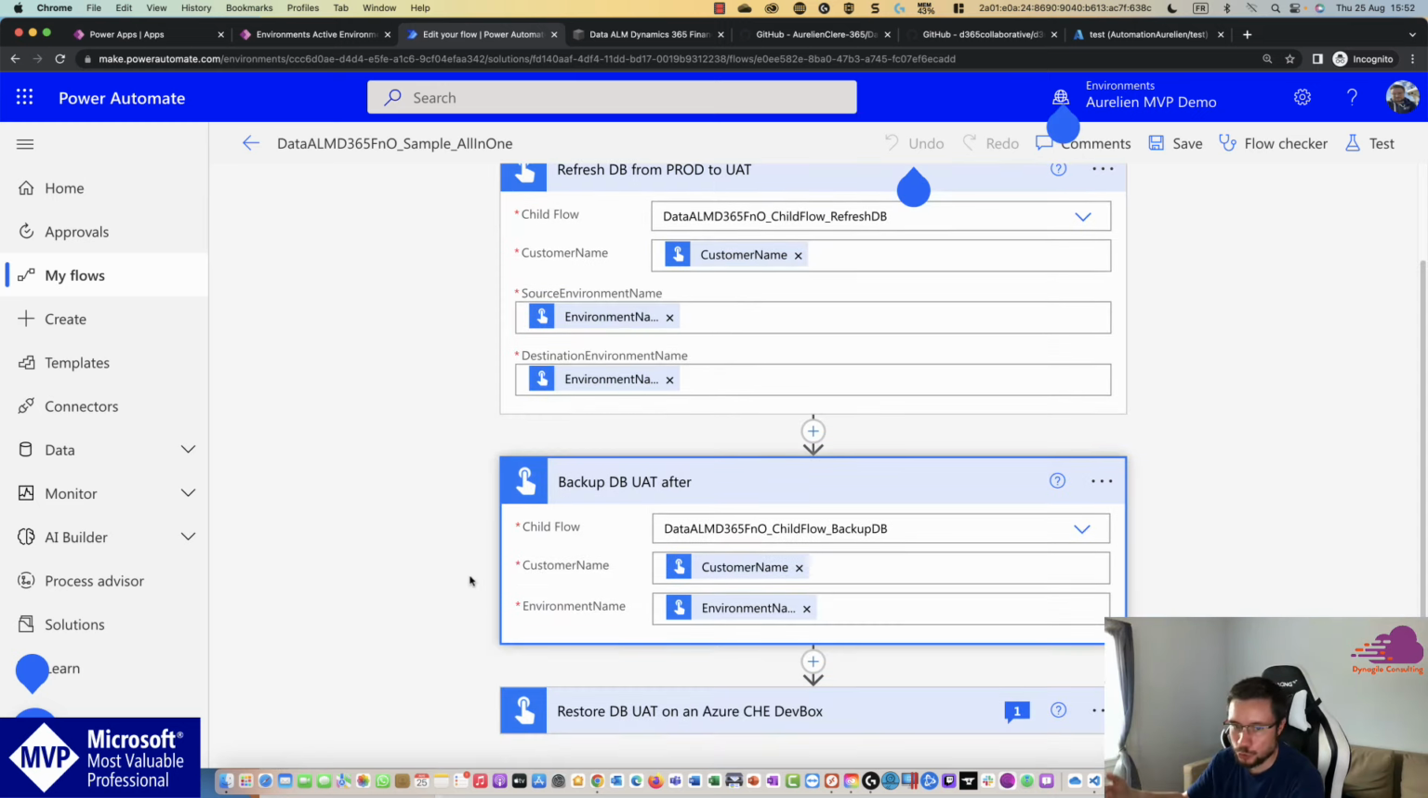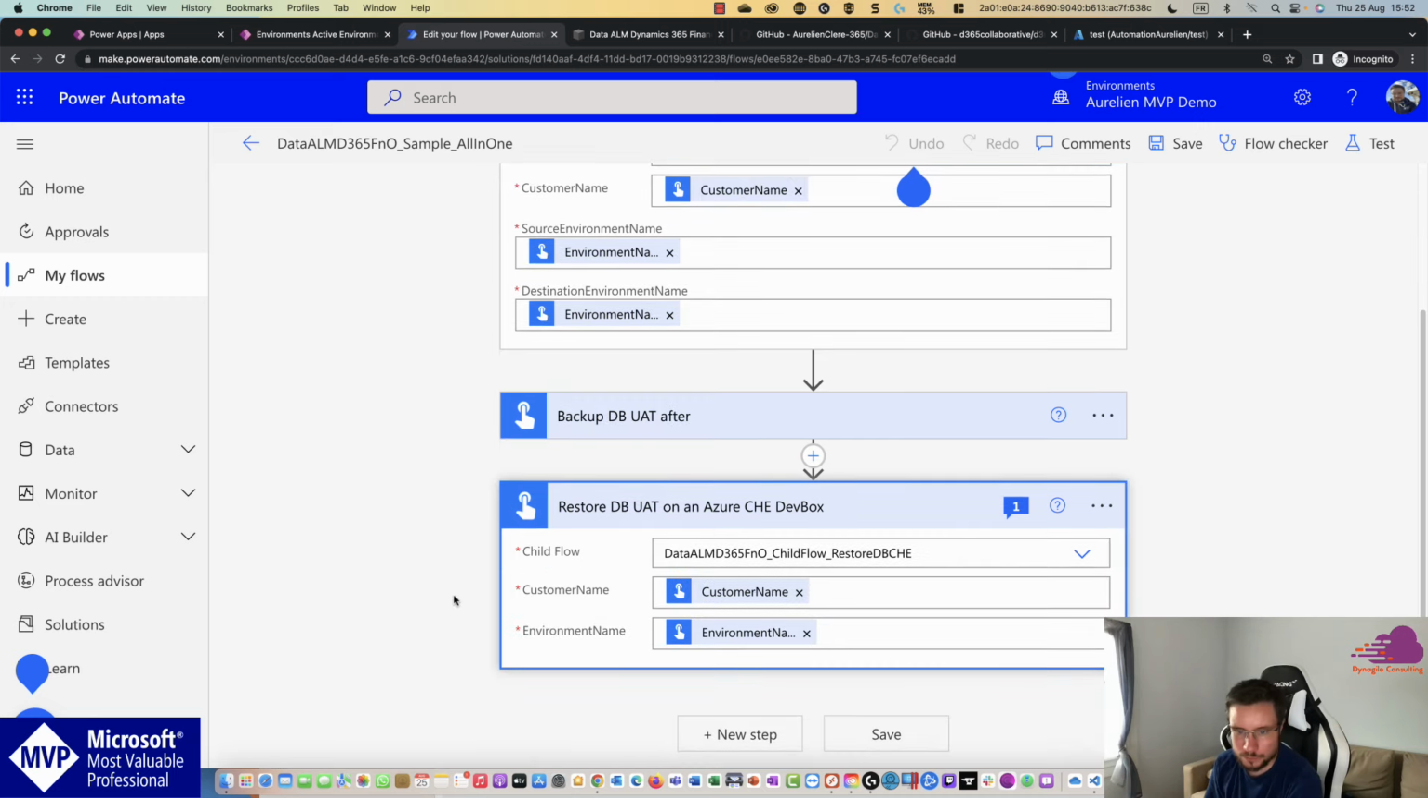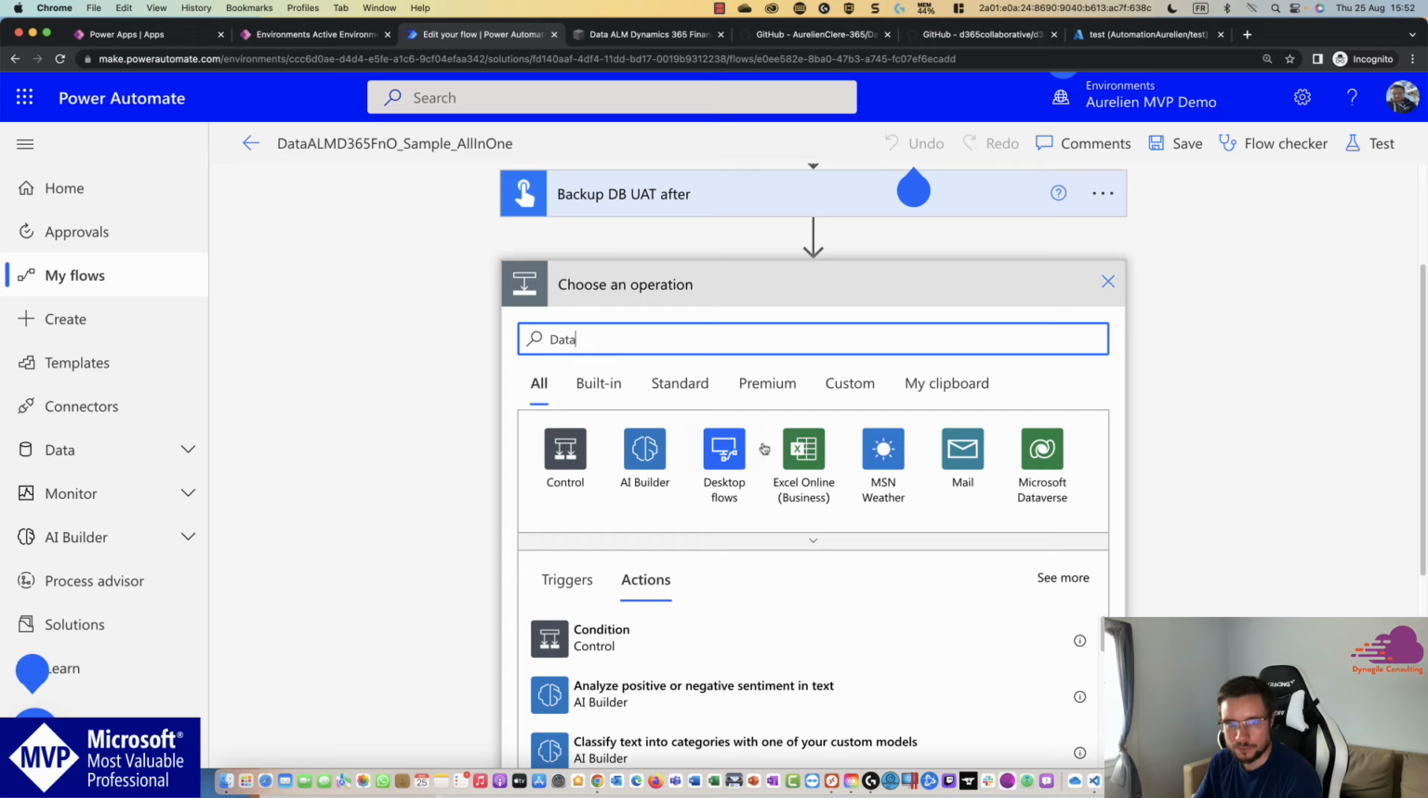After that, I do a backup automatically, without any action, of this same pre-prod or UAT, so sandbox tier 2 instance. And when the backup is made and done, I restore it on one Azure Cloud Hosted environment here. But again, just an example. If I wanted to do prod to pre-prod, backup that, and restore to 5 cloud hosted environments, I just add here below, between that, I don't know, Dataverse,